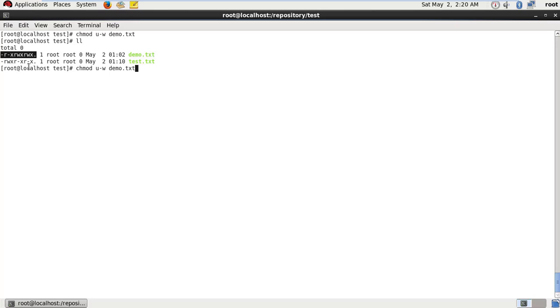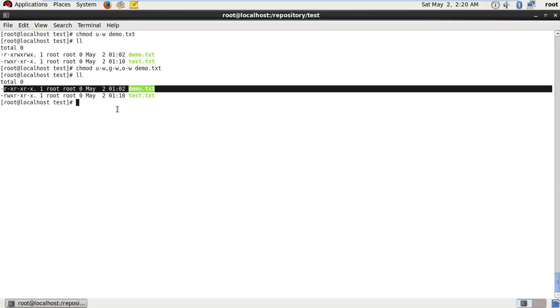Same for the group also: g minus write, then comma, o minus write. Now you will see the group and others don't have write permission. Now you can see for the demo file the write permission is not there.